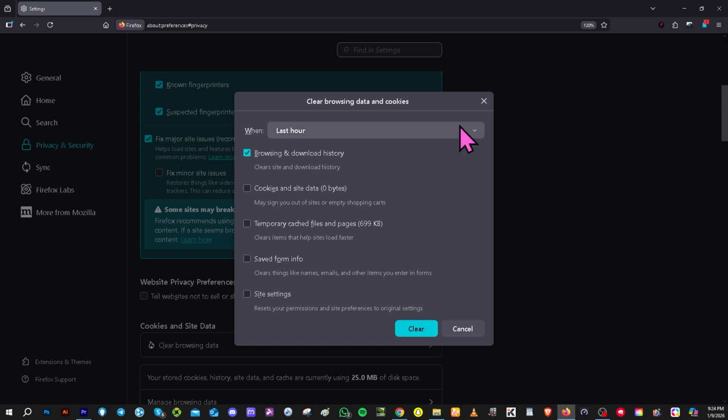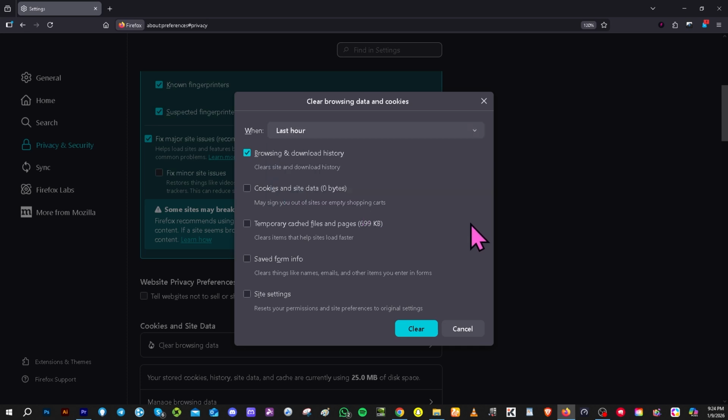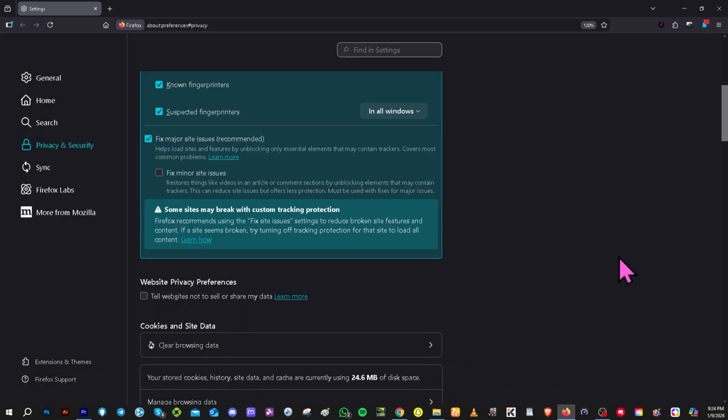Okay, and you have the ability to select the duration. Is it going to be like last hour, last 2 hours, last 4 hours, or everything? Once you're ready, click the clear button. And that's it. Your browsing history has been